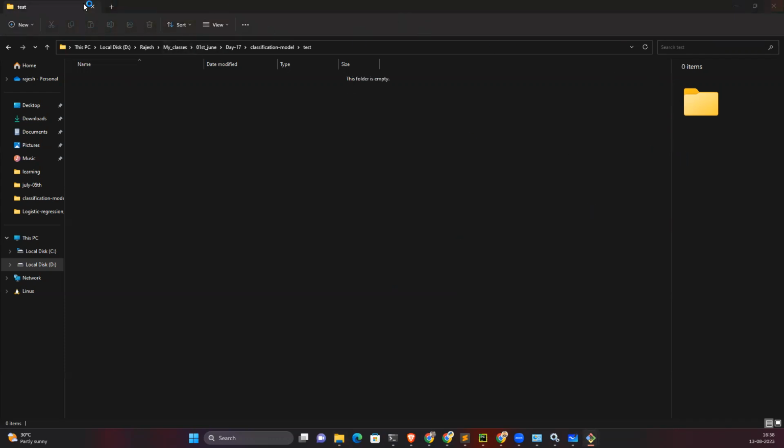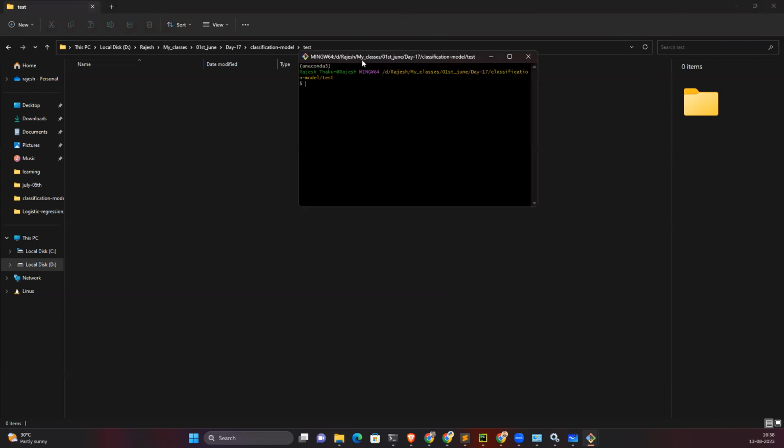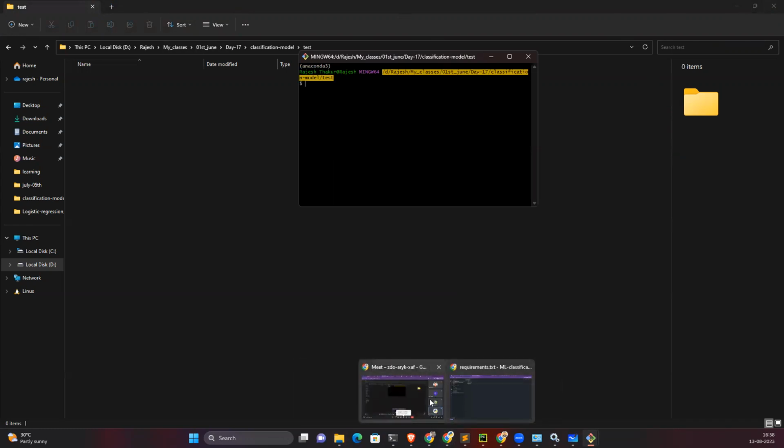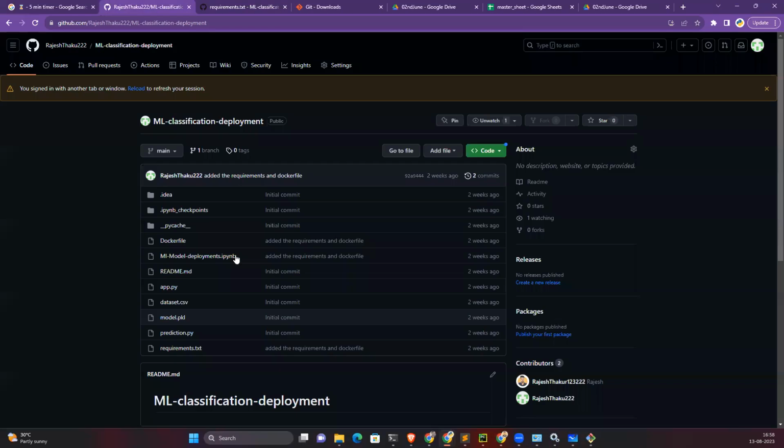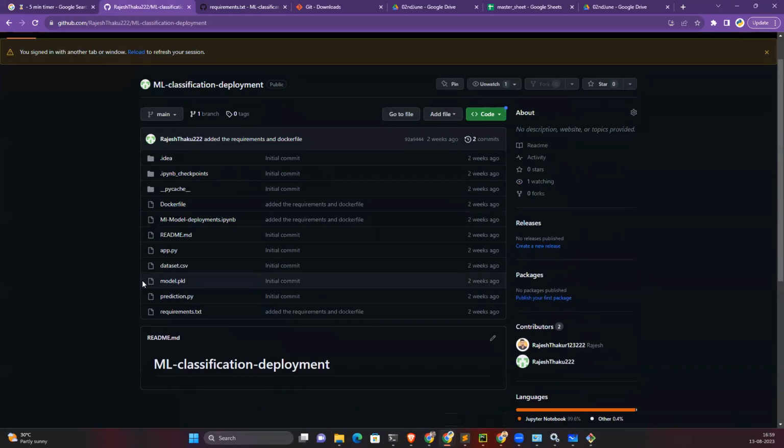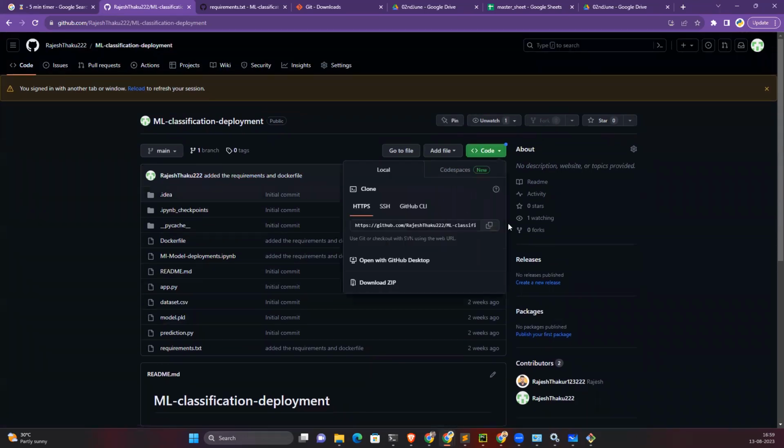If you are able to see this kind of black window, then say yes. Inside this folder, see the location as well. The location should be your folder name. In my case, the test folder. Now do one thing. Once again, guys, please follow me. Now you are going to clone others' projects onto your system. How to clone? I will give you this link in your chat.